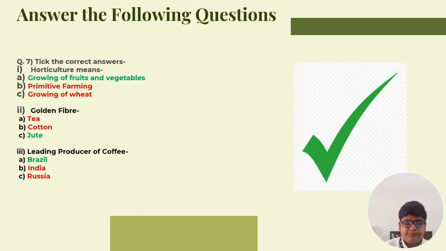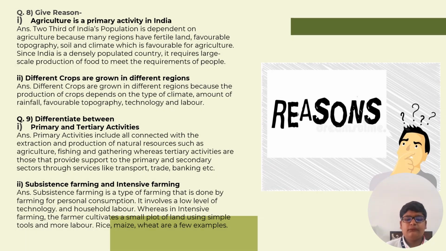Choose the correct answer. Horticulture means the growing of fruits and vegetables. Jute is known as the golden fiber, and the leading producer of coffee is Brazil. Give reasons. Agriculture is a primary activity in India. Two-thirds of India's population is dependent on agriculture because many regions have fertile land, favorable topography, soil and climate which